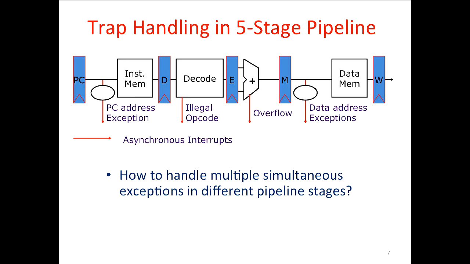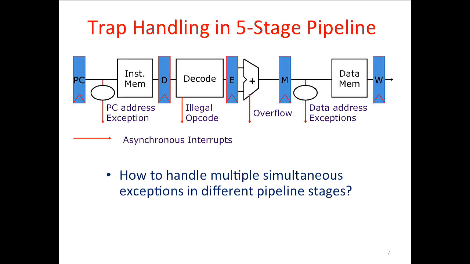And if you think about the precise exception model, I want to make it appear as if everything happened up to the instruction that caused the exception and nothing after it, right? And also I finished all the instructions prior to the one that causes the trap. So I want to make sure that there's no older instruction that is going to cause a trap. But here, I know that this one is definitely older than these guys, so I should do this one first,